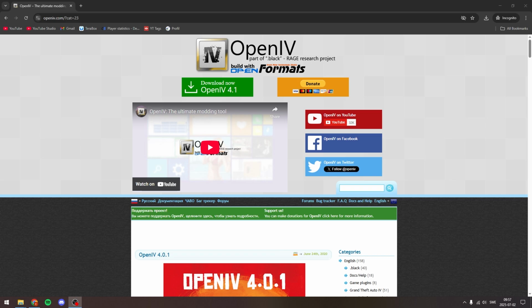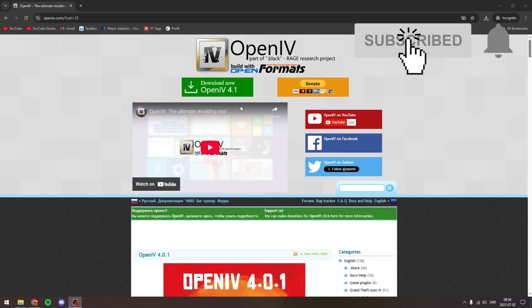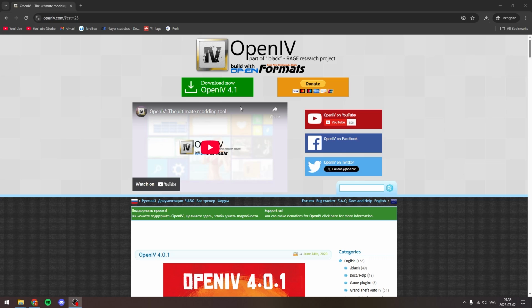In this video I'm going to be showing you how to install OpenIV. This is quite an important tool if you want to mod GTA 5. It makes you able to open certain .rpf files. They basically include a lot of game textures and some of the files. By editing these, you can change cars, so you can have realistic or real cars. You can change clothes, so you can have real clothes. You can have textures on the street, but you need OpenIV for this, and that's why I'm going to show you how to